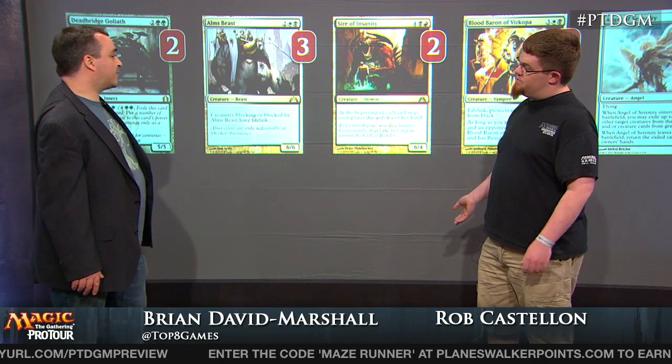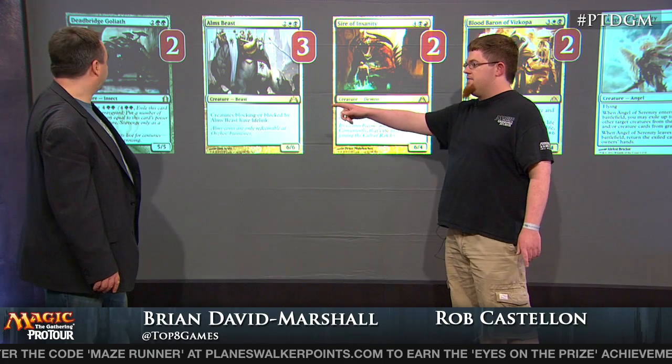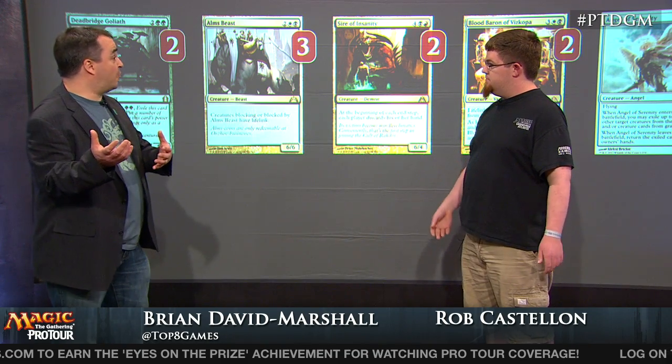What's the story? Originally it was 4 Alms Beasts because he's a 6/6 for 4, and then we realized that Blood Baron of Vizkopa is very bad for us, and we actually had no ways of killing it, except for giant 5/5 green creatures. If I was to build the deck again, with 7... So more, if someone maybe at home is listening and wants to...